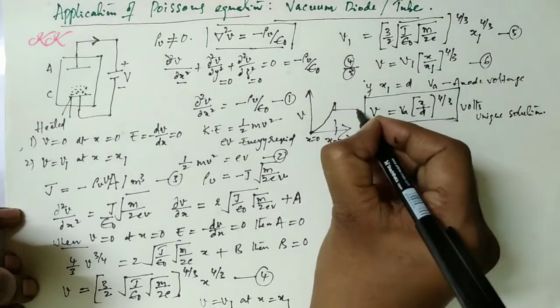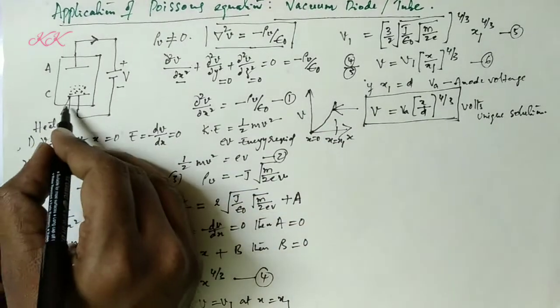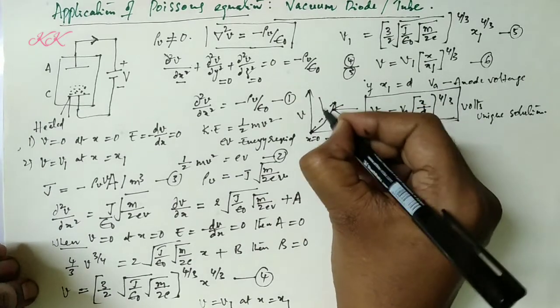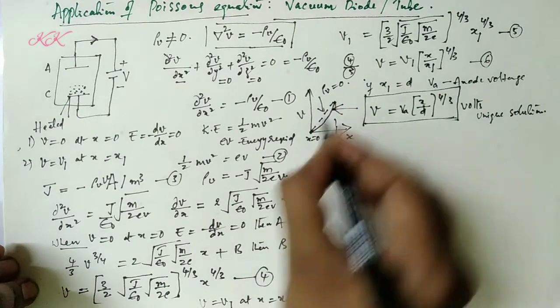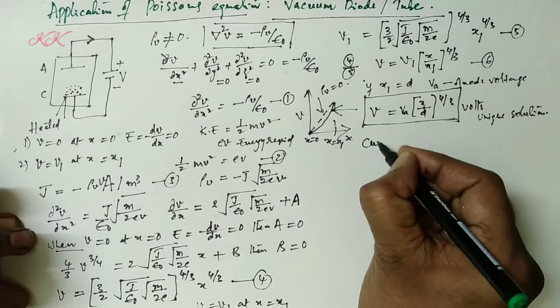This is the equation. If space charge is not present, then this is a straight line. This is for rho v equals 0, and this is for rho v not equal to 0. Current